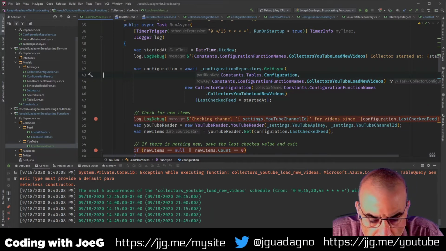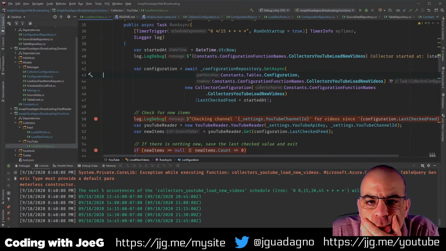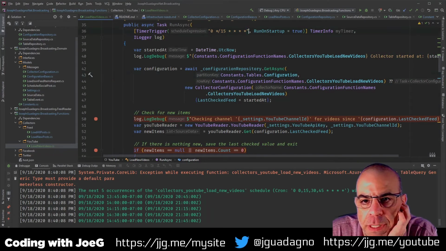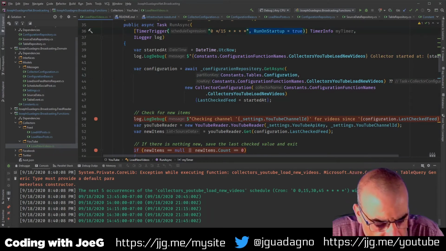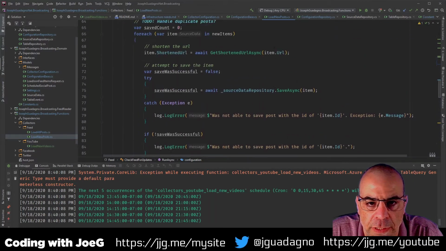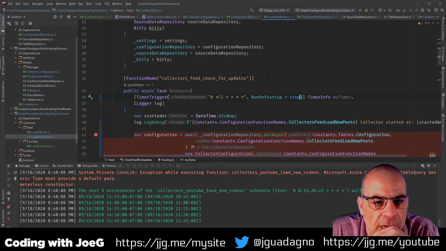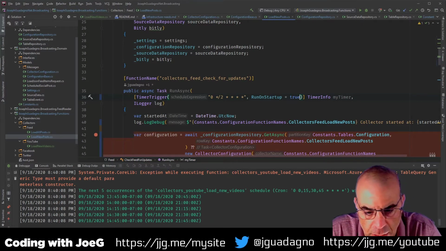Let's go and run. This one I have set to run at startup because it's scheduled for every 15 minutes and that's too long when you're debugging. I'm going to do the same where it gets triggered, and then we have to make sure we go back and turn that off before we publish it. Now we should be good to go.